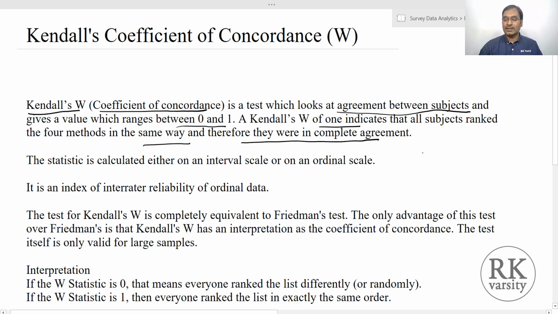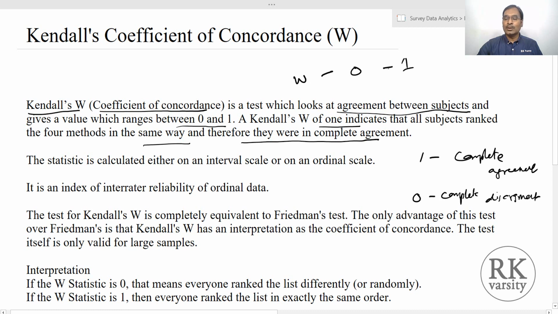If it is a 1, that means complete agreement. If it is a 0, it means complete disagreement, and the Kendall's W value ranges somewhere between 0 and 1.